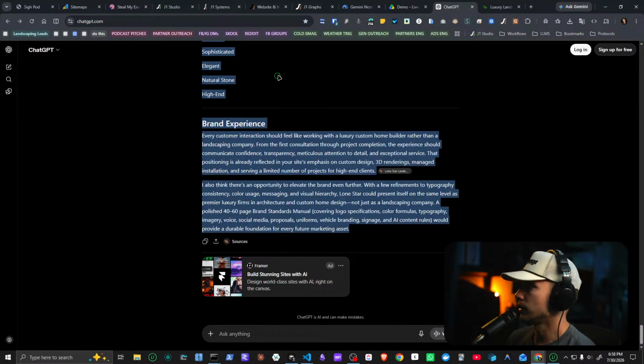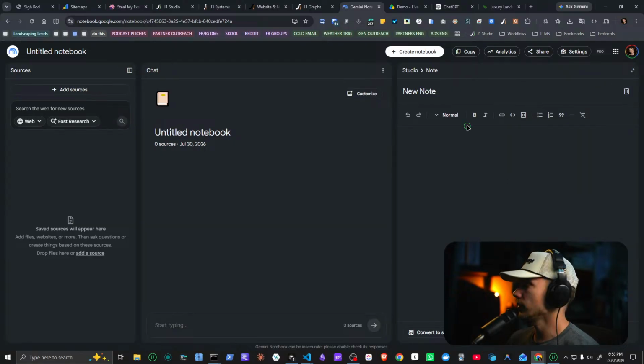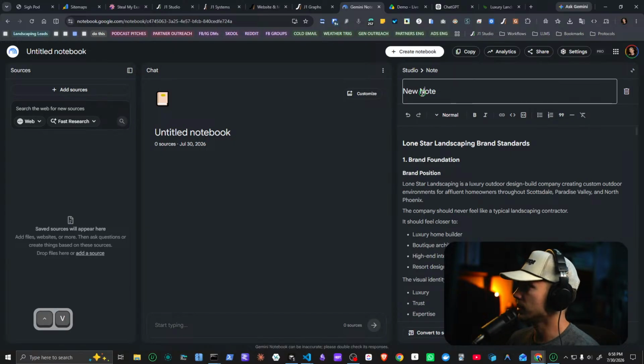Okay, now we're going to take this and go to the right-hand side. My face might be blocking just a little bit, but it's right here at the bottom of the screen. There's a thing that says add note, bottom right-hand side. We're going to add a note, and that's going to add a note right here. Paste this in right here, and just put brand and style